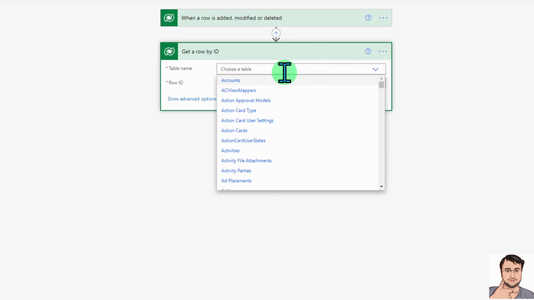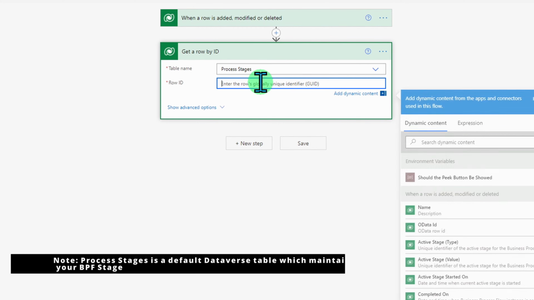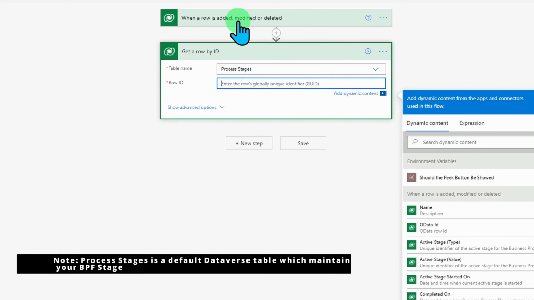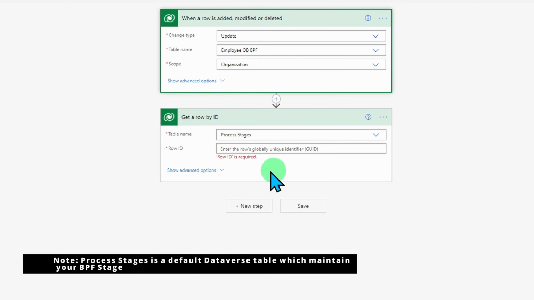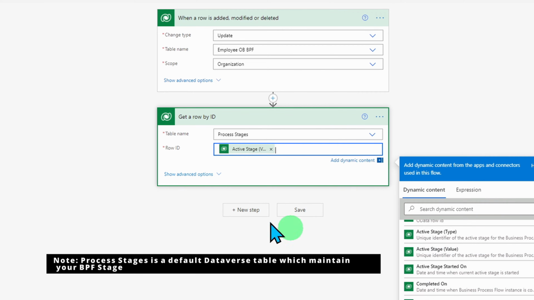Process stages is responsible for managing all the stages for business process flows. So let's select that and get row by ID. From the above step, whatever item has been updated, we will get that ID. So we just need to pass the active stage value here. So let's pass that, right?